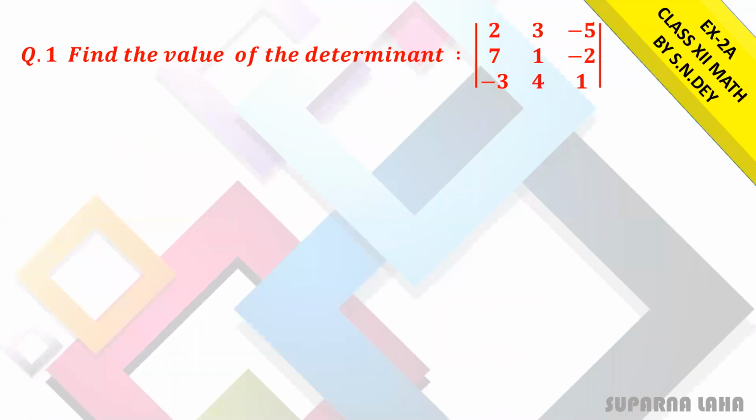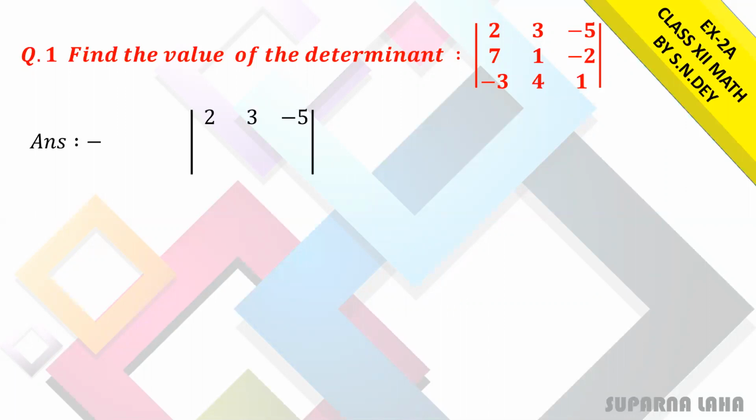So this is a problem from the S&D Class 12 mathematics book, from the third section, that is, the 4 marks questions. From that part, question number 1: find the value of the determinant. The determinant is given, you need to find the value. So expand this determinant with respect to the first row or second row, first column or second column, whatever row or column you want to choose. Just break this determinant and find the value.